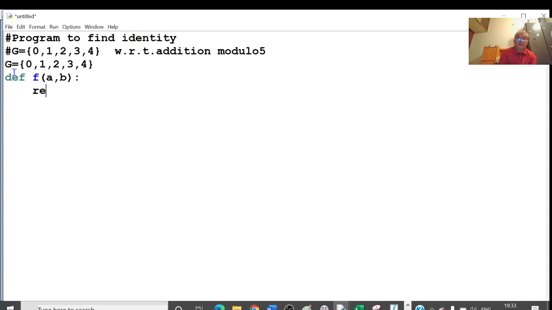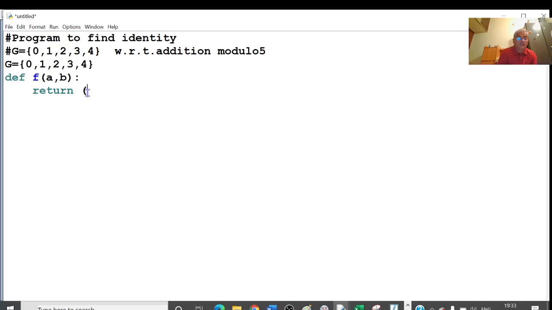Return something here. Return what? A plus B modulo 5. Addition modulo 5 means the least non-negative remainder when A plus B is divided by 5.